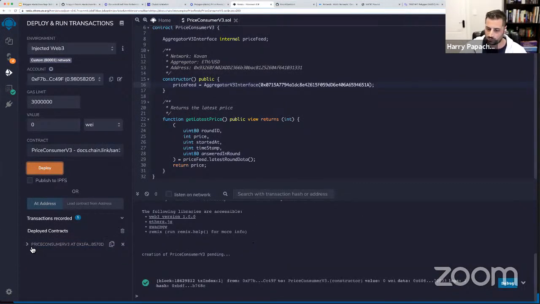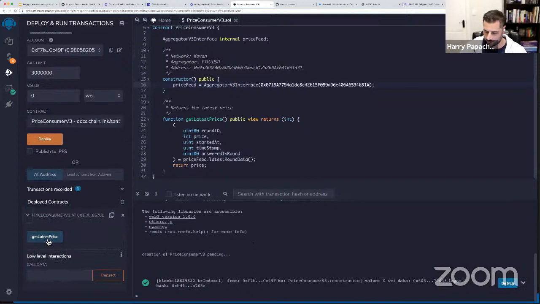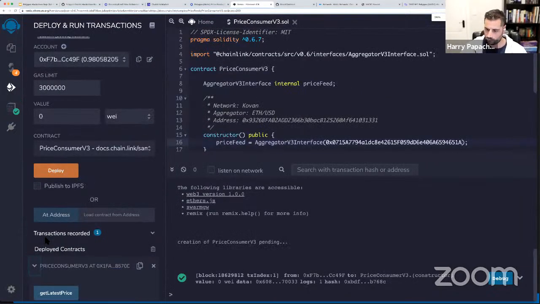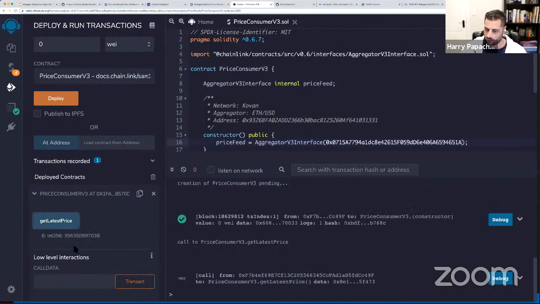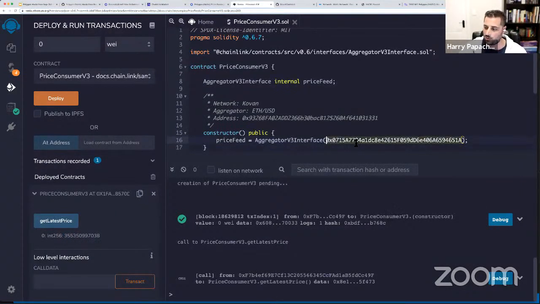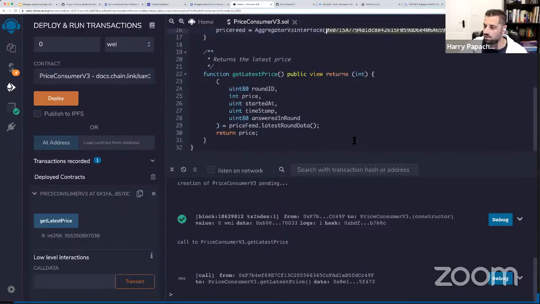There we go. Once that's deployed, hopefully you guys can see that. Once we hit get latest price, we can see that we get the price of Ethereum here. So it grabbed the latest price from the contract here for the ETH/USD price feed running on Mumbai testnet. So we now have high quality and secure price data in our smart contract, and you can use it for